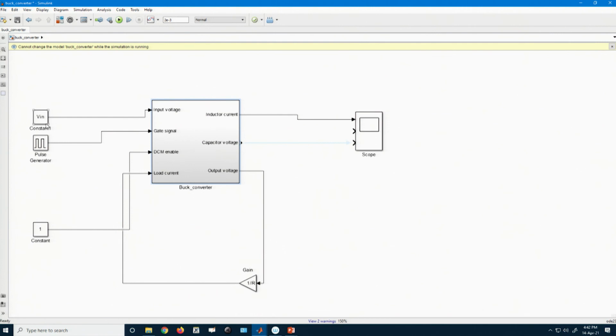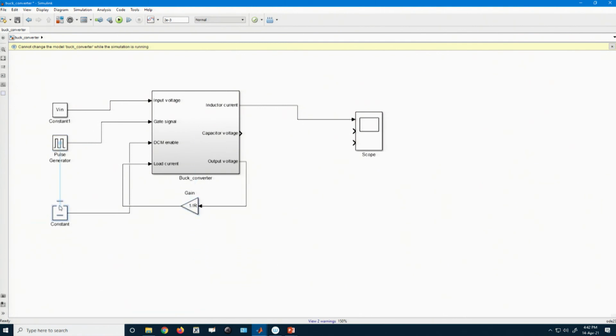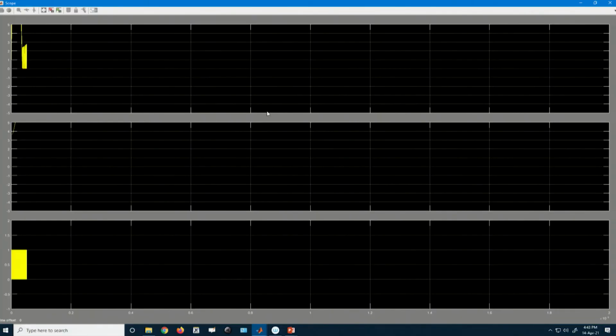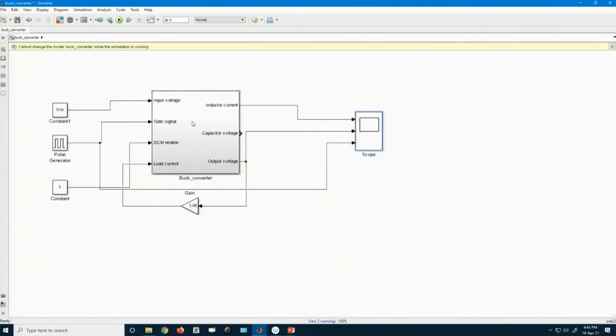I am going to use this model in the next lecture. So we also have a boost converter as well. You can connect between output voltage and input voltage, this enable logic, and we can continue to simulate, like whatever we did. This is the output voltage and this is the gate pulse, and you can again run the simulation and get the same thing, but this subsystem makes the whole converter a single block, and if you want to connect multiple converters in cascade, you will just drag and drop those blocks and connect them.